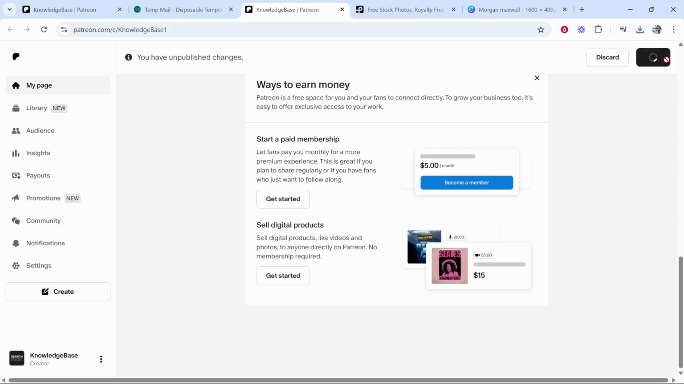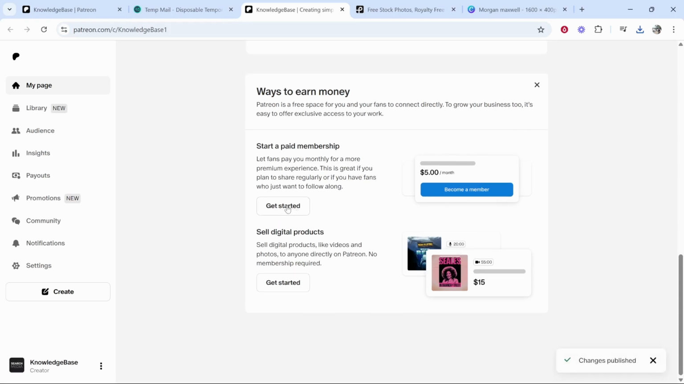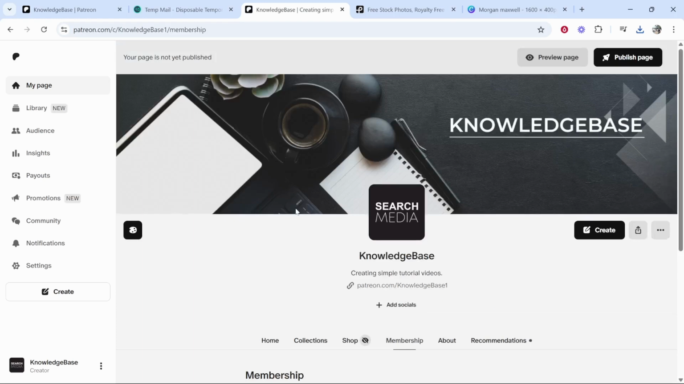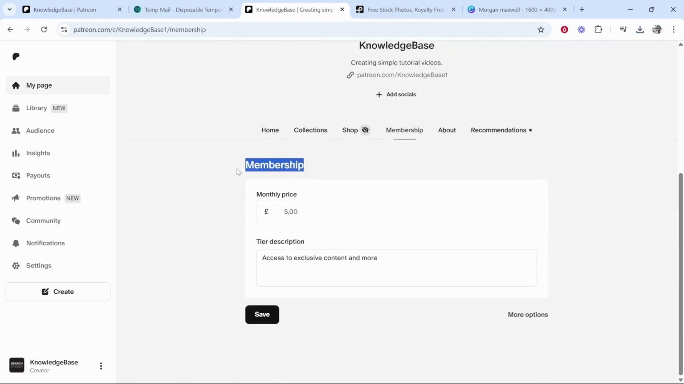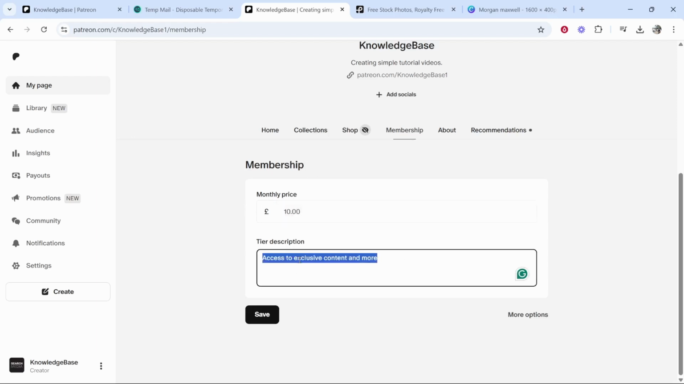Don't forget to save your progress in the top right hand corner. And we can now set up paid memberships. So click get started, and it then is going to redirect you to this window here. Now you're going to have to add a monthly price. So let's say we want my Patreon to be £10 a month, and we can go ahead and give